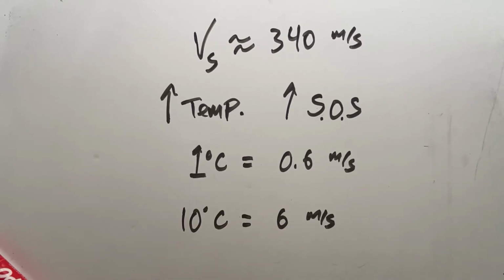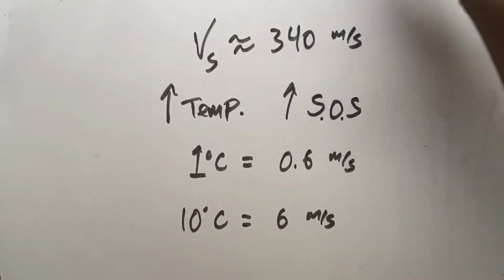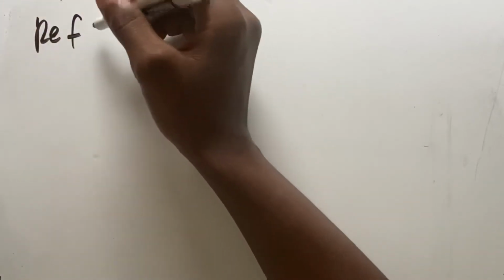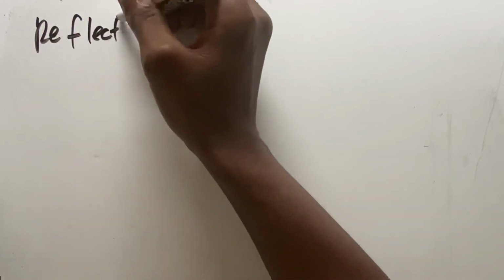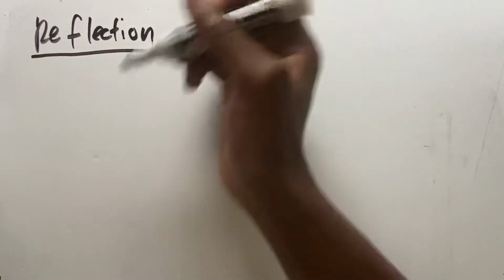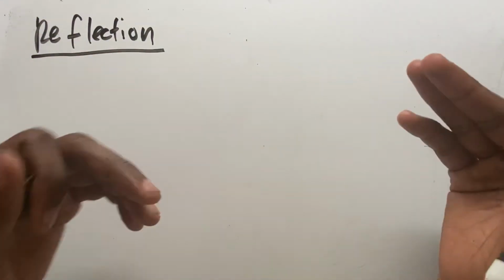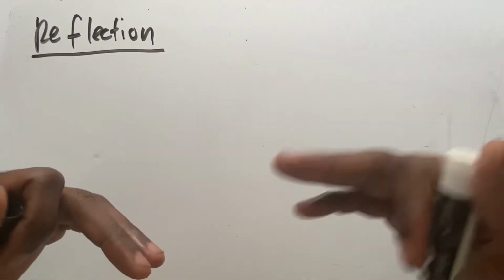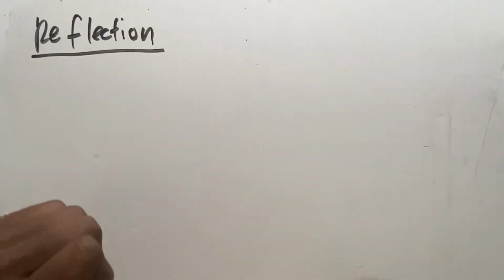Okay, so now, since we're still talking about sound traveling through mediums, let's talk about reflection, just reflection, not refraction. I think refraction is next week or the next lesson. But reflection, we all know, is basically something bouncing off of something, right? You look in the mirror, you see your reflection. That's basically just light bouncing off the mirror and hitting your eyes.